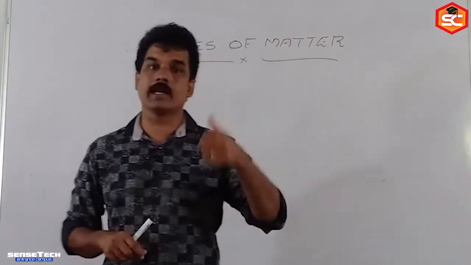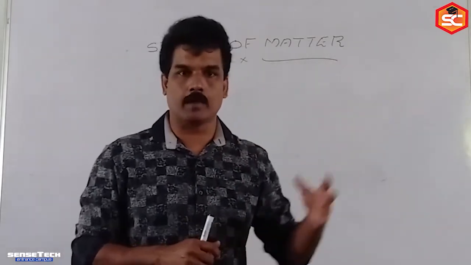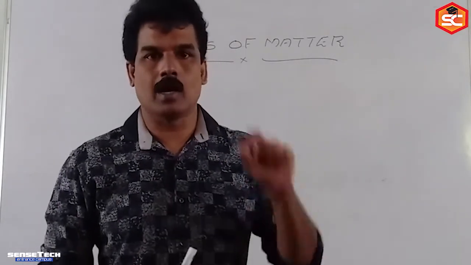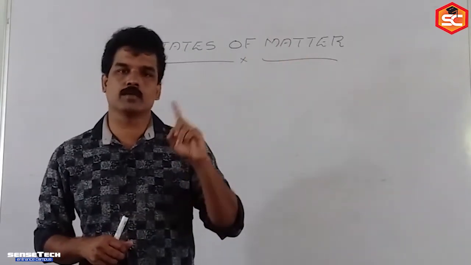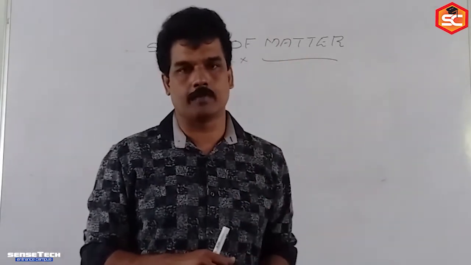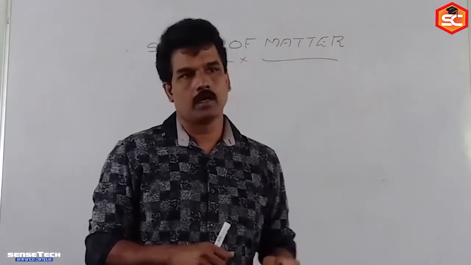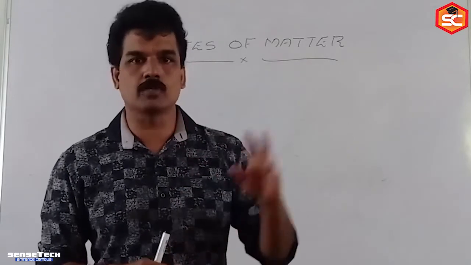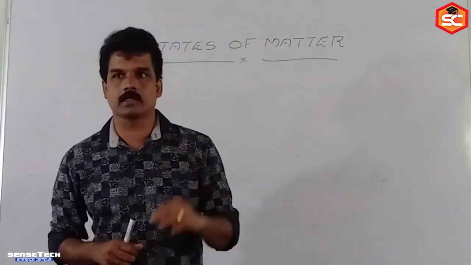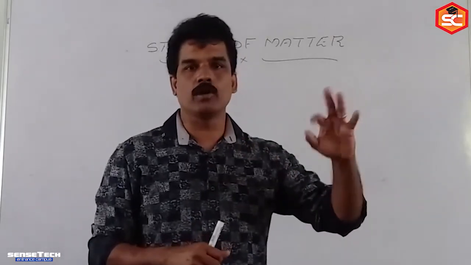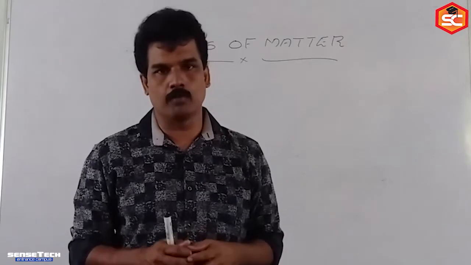Then finally you studied the hydrogen bond. In many chapters you studied the hydrogen bond, including chemical bonding. It is the attractive force that binds the hydrogen atom of one molecule and an electronegative atom of another molecule of the same type or a different type. That is the hydrogen bond. There are two types, intermolecular and intramolecular. Intermolecular examples are water and alcohol. Some organic compounds are soluble in water, and some organic compounds have a higher boiling point compared to others. All of this you studied; those are the applications of the hydrogen bond.